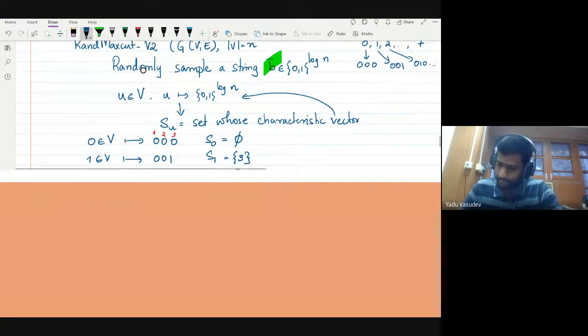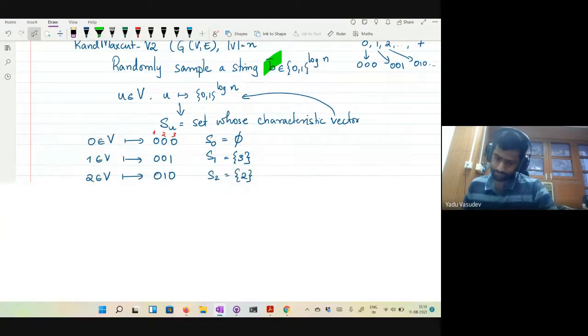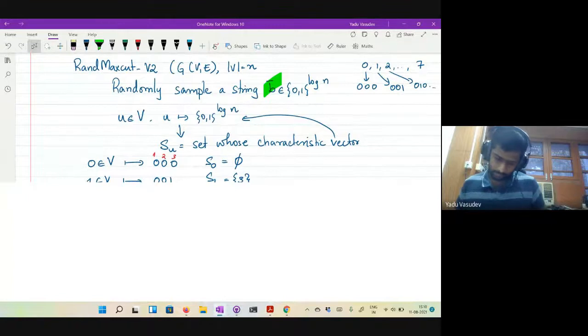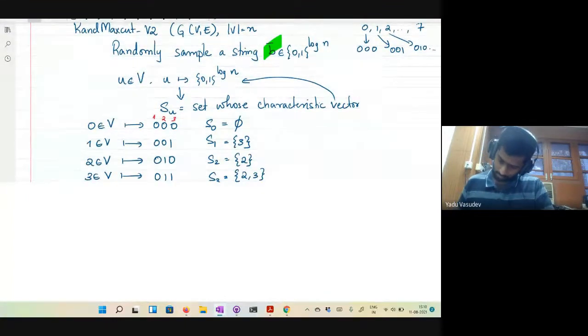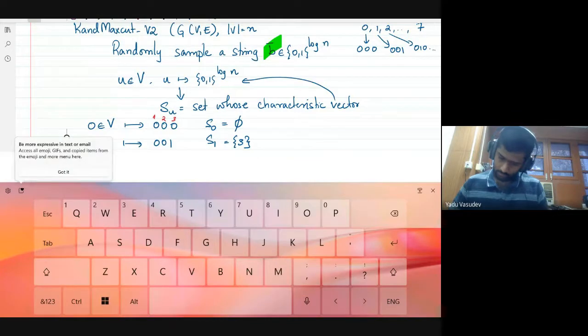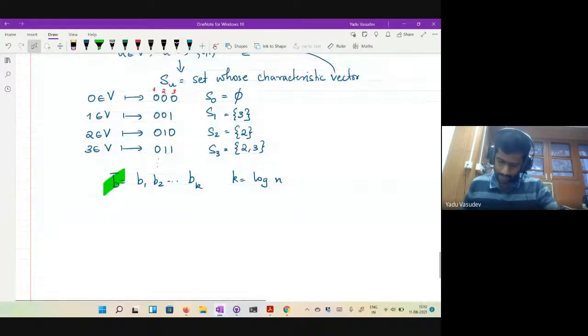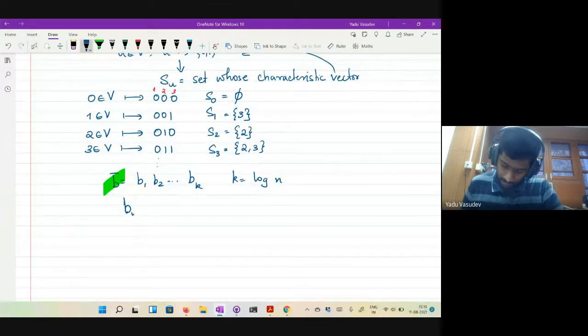Now I define this bit B sub U, which is the XOR over all the i in S sub U of Bi.